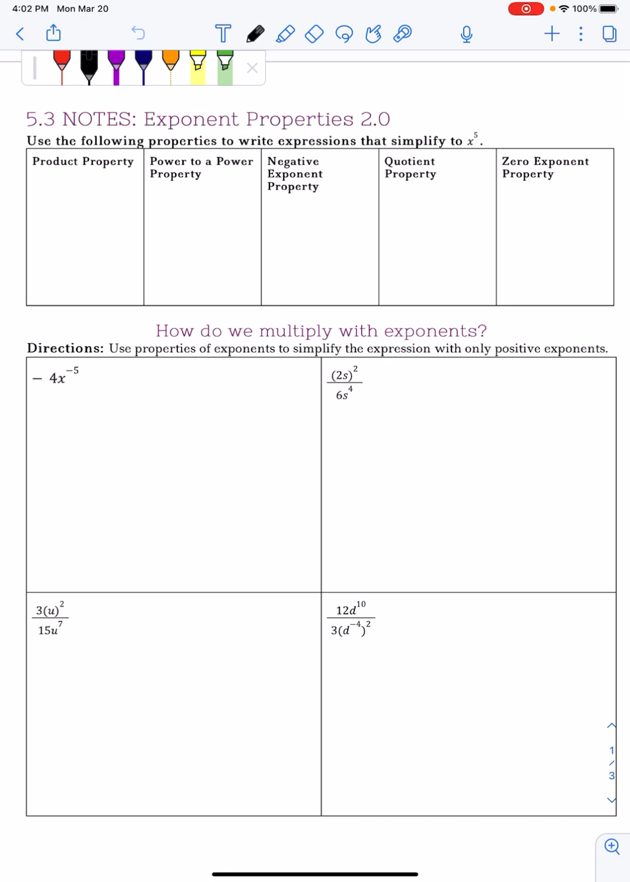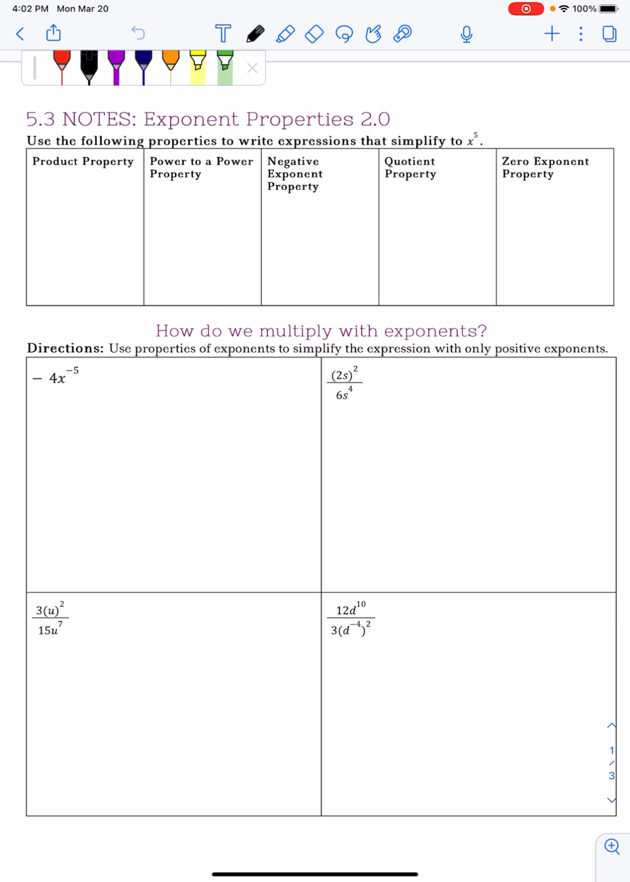Okay, lovelies, today we are going to talk about some exponent properties. This should be a review of stuff we've discussed already, but we're just going to review it before we do multiplying with polynomials. So the product property tells us that two values multiplied together, if the bases are the same,